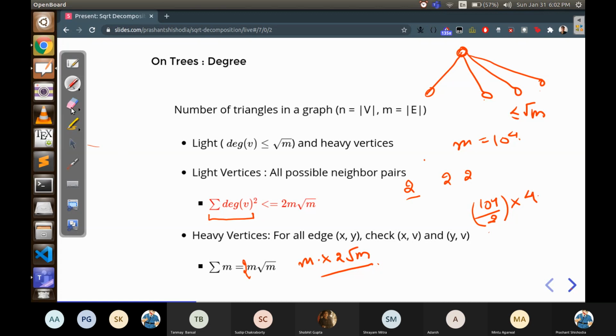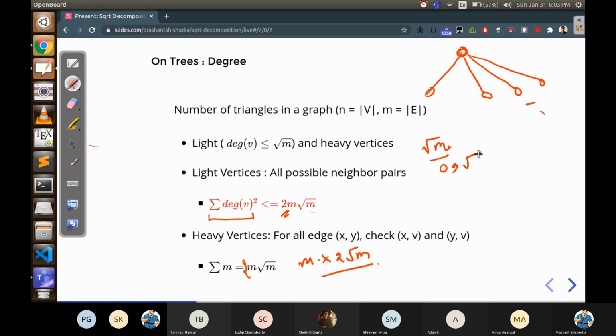The point here is, when is this inequality actually achieved? Can you figure that out? Because when every vertex has degree root m, okay, so I change it. It should be 2 here and m there. Consider all of them as asymptotic, don't go over the constants. So when every degree is root m, the degrees of the vertices can lie between 0 and root m.